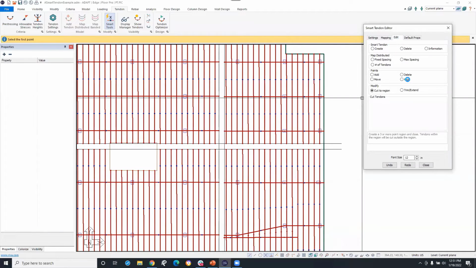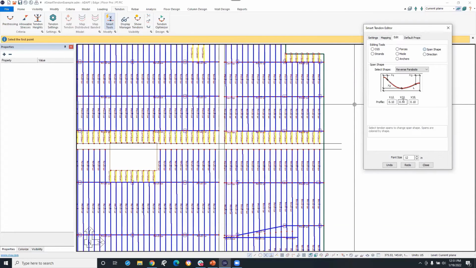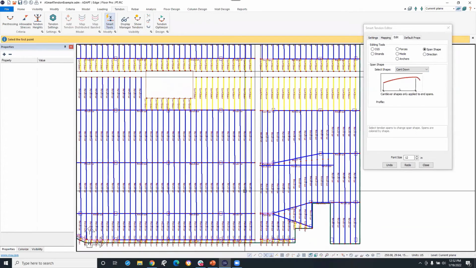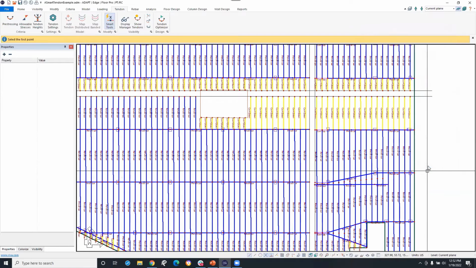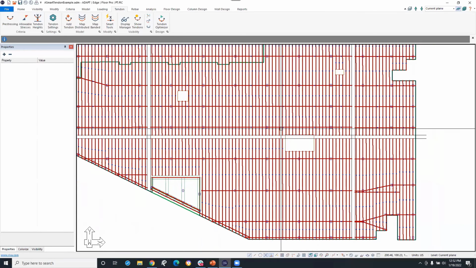Awesome. Sorry, I forgot to mention that. I realized that because I wanted to talk about changing span shapes. For example, maybe I want some of these to be reverse parabola, or sorry, cantilever down. Super easy to do. Just change that, draw a line through it, done. And you can do that with all of these. So there's the new tendon features in a nutshell, drinking from the fire hose, if you will. Let's go ahead and turn our tendons off since they're a little slow,